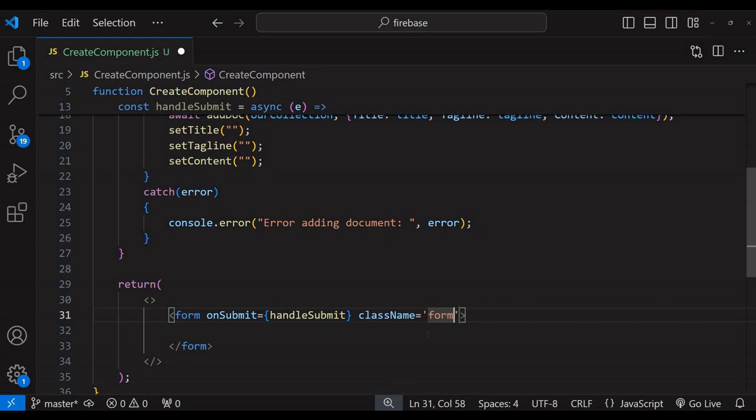Okay, I'm going to add some Bootstrap classes. I'm going to do form-group, margin top of 5, spacing 5. Going to give it a dark background, and we'll make it rounded, and we'll put some padding inside the form between the elements, make that padding 3. So we're going to have an input field for title, input field for tagline, and a text area for our content, and a button. So let's